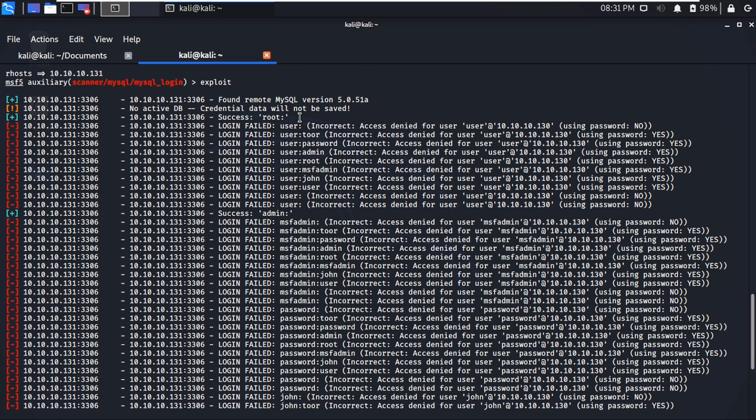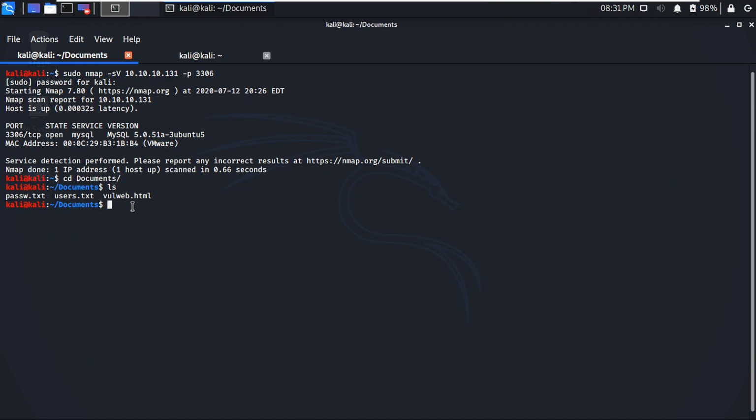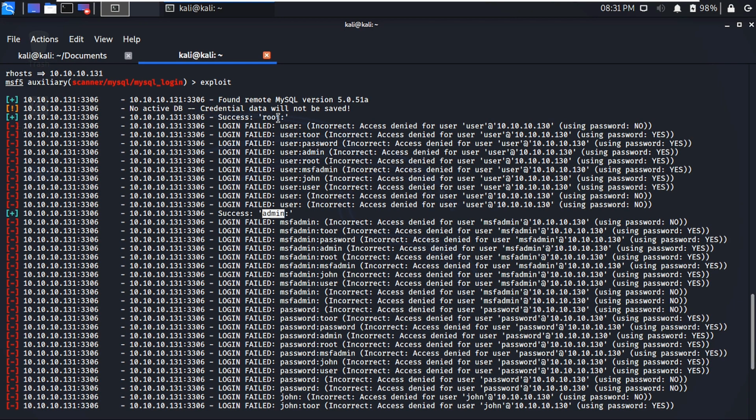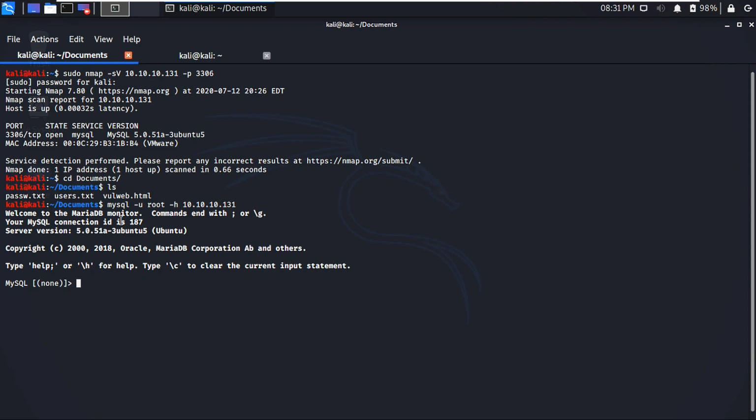But these usernames are not using any kind of password, so it is only the usernames. So we got the usernames of the MySQL service. Now let's try logging in. I'll go back to another terminal and let us try logging in with the MySQL username we have. The username was root. So let us first try with root, and the host is the IP of the MySQL service, and we are in.